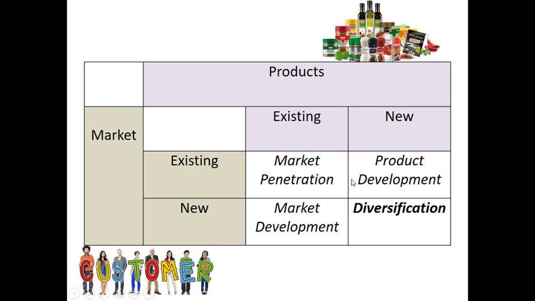Market development and product development are the next level up in terms of riskiness, because you're either dealing with customers that you don't know, that you don't have a relationship with, that you need to go out and advertise to and find, or you're developing new products, which, as we've looked at, can be a very expensive and risky process. The riskiest of the strategies in Ansoff's matrix is diversification, where you are selling new products to new customers and new markets. So a very high risk strategy, because we need to develop products to appeal to customers that we don't really have an existing relationship with, that we don't know.